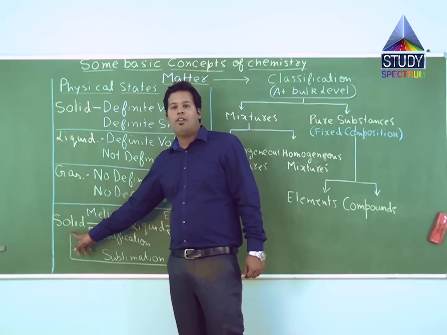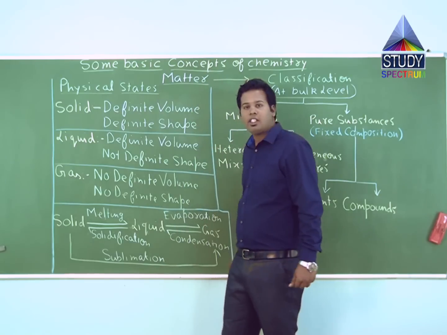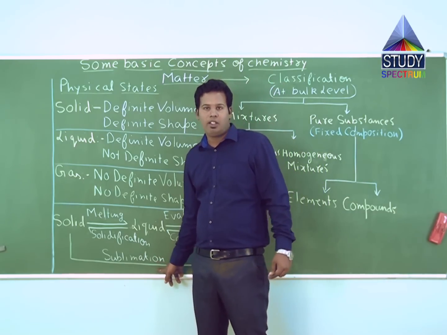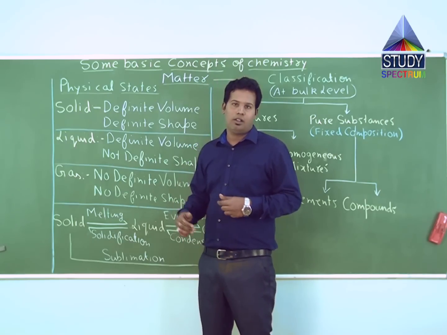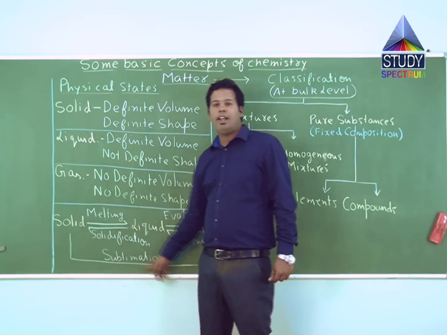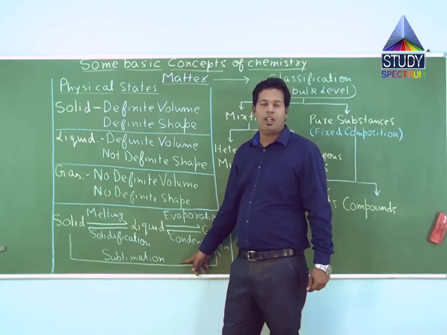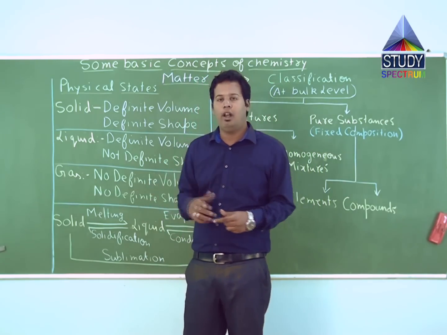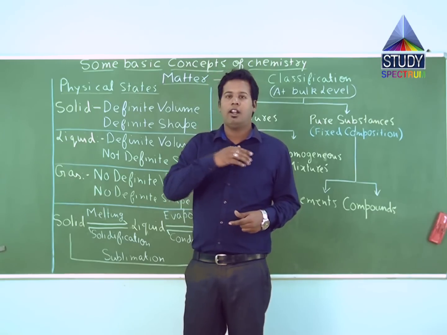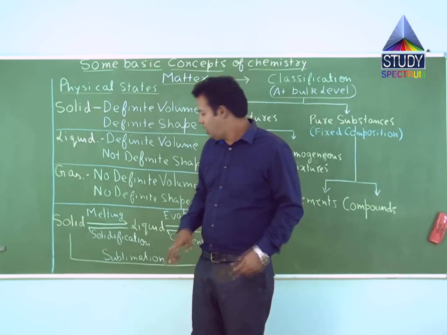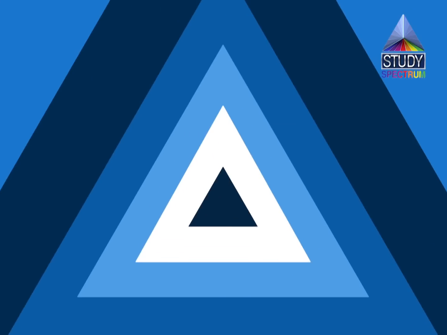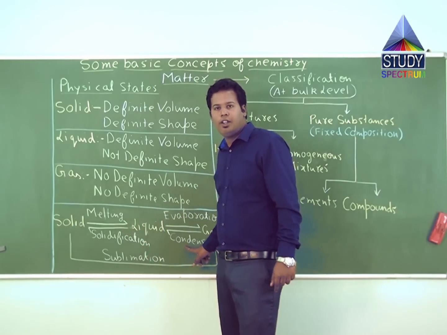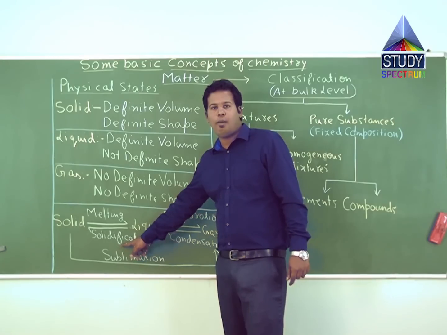Whereas if you want to convert solid directly into a gas form, then this process is called sublimation, whichever way you want to pronounce it. This solid can be directly converted into gas through the sublimation process. You might have seen camphor at your home or in a temple. That piece of camphor, when burned, directly gets converted into gaseous or vapor form. That process is called sublimation. So these are the different processes with the help of which we can convert one state of matter into another